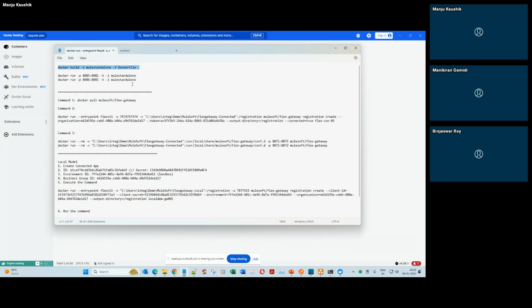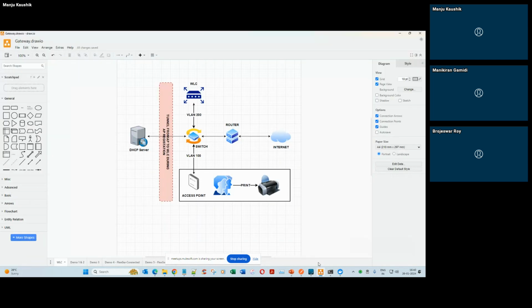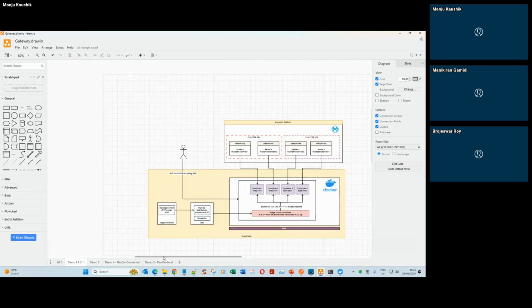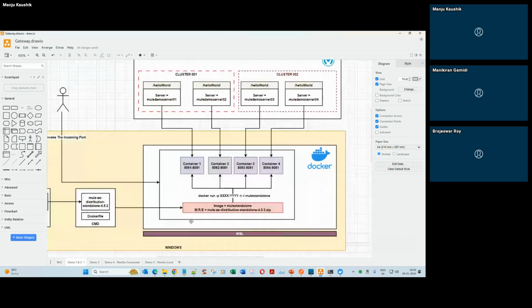Okay, now here is the use case. I think this you guys would love, the diagram. Demo 1 and 2. This is the one that you're going to see right now. This is the first use case. Now what is going to happen here is that